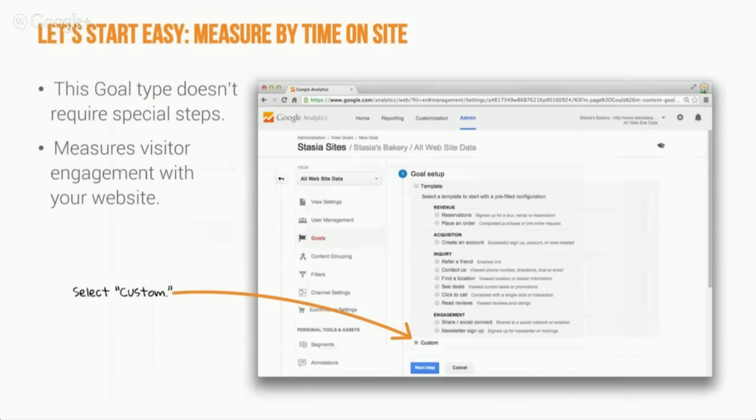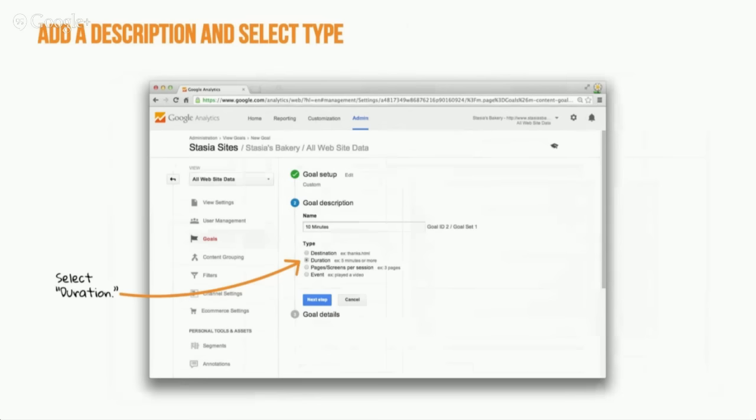So you can start with one of our templates, and today we're going to start easy by measuring the time on site to stasiasbakery.com. This goal type doesn't actually require special steps. We've already set this up for you, and you're going to know what visitor engagement is there with your website. So you click Custom underneath Goal Setup and select the description and type. In this type, you basically say the duration.